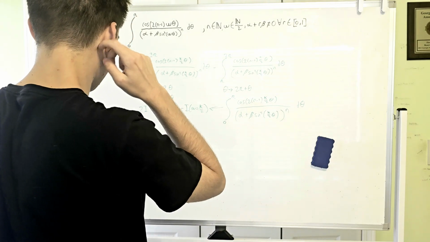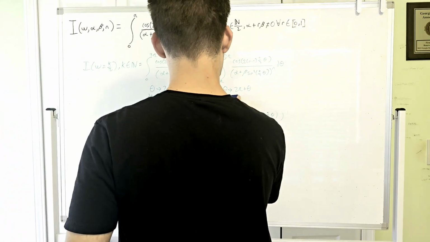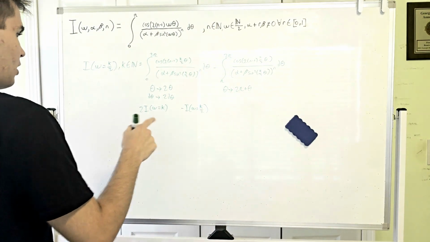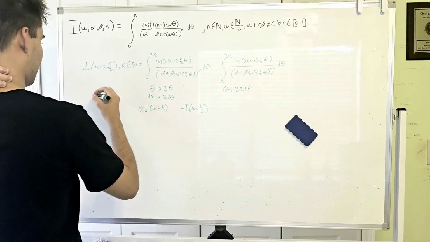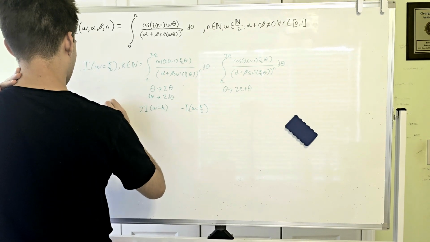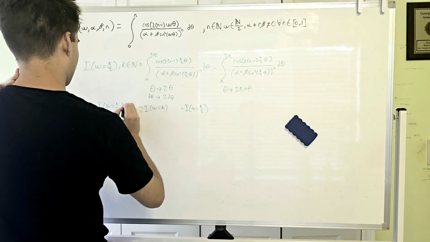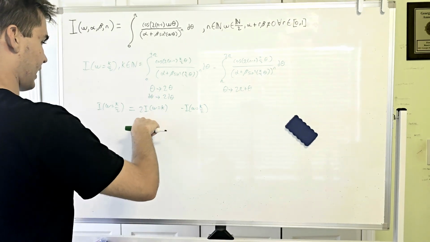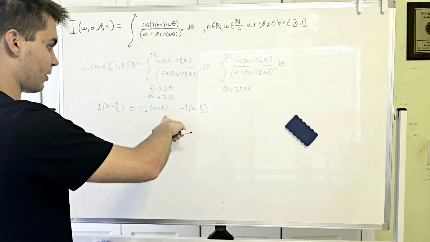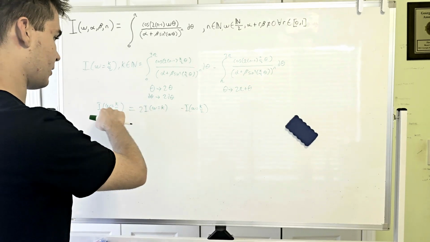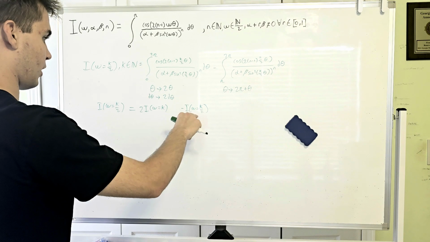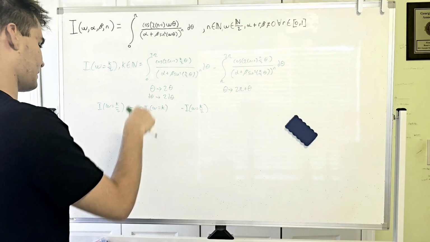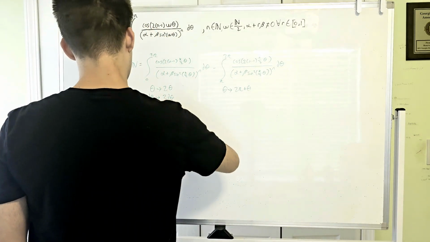Okay. Now we can erase that. But now remember that all of this came from where we started, which was I of omega equals k over 2. So from I of omega equals k over 2, we got the omega equals k part and another copy of the omega equals k over 2 part. So now we can just solve for I of omega equals k over 2. Put this over here, you get a 2, cancel out the 2's, and what that tells you is that